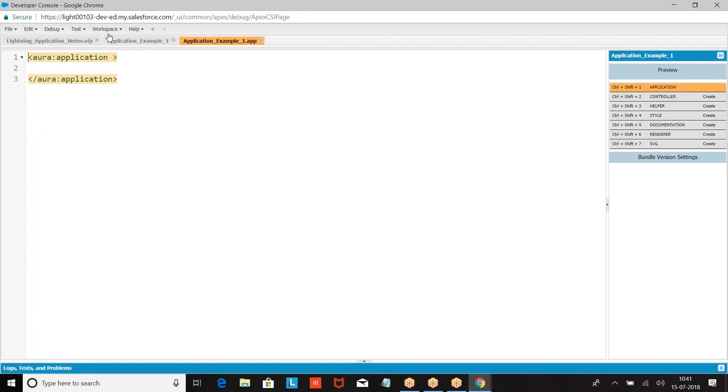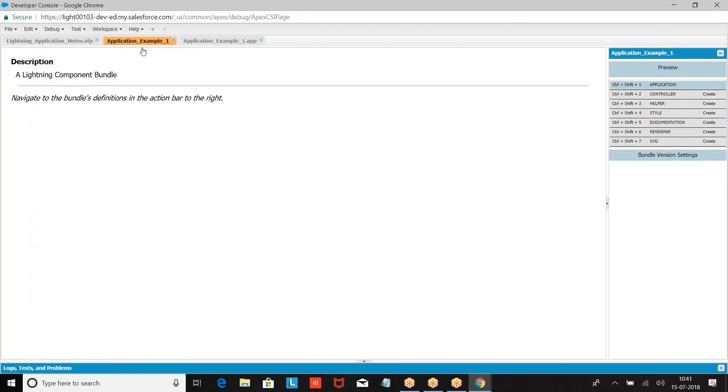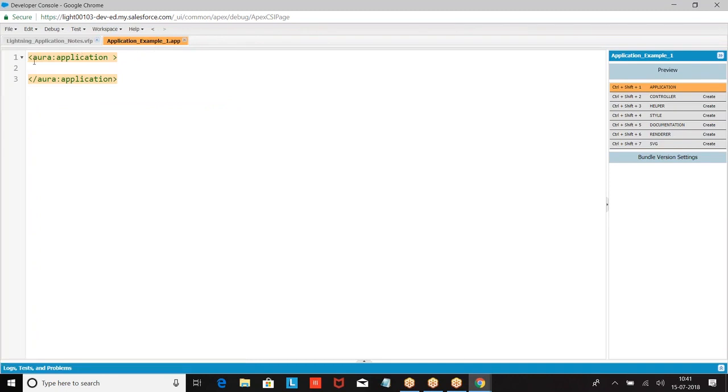When you create this, you are getting a metadata tag, the description. If you give any description of the component, this is the application, Jira application. So if you look at this Jira application, what are the elements you are finding here? Controller, helper, style, documentation, renderer, then SVG. This is a bundle.